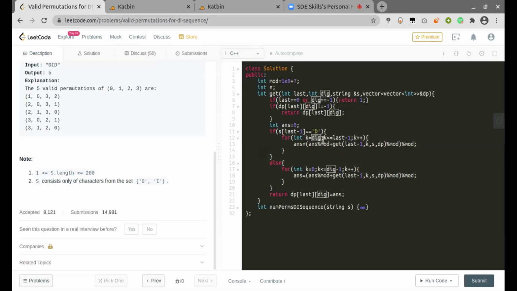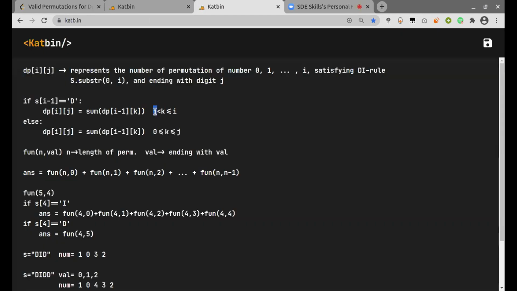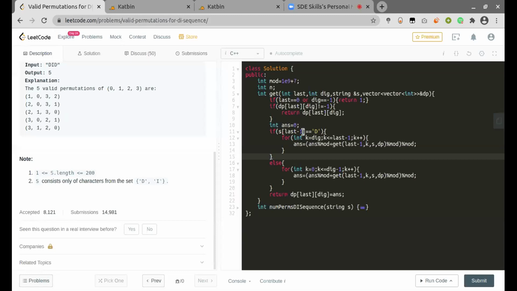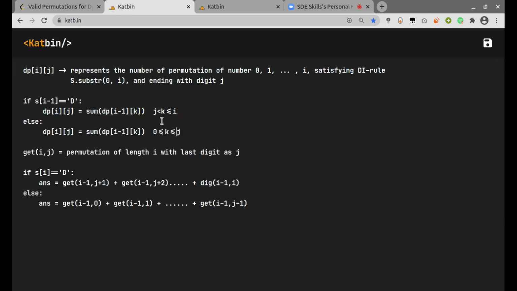So it will start from the digit itself and go up to the length of the permutation. Similarly, if it is an increasing one, it will start from 0 and go up to digit minus 1. Here we can see I've taken greater than or equal to, but since it was one-based indexing, I will just change it to equal, and this will be less than.